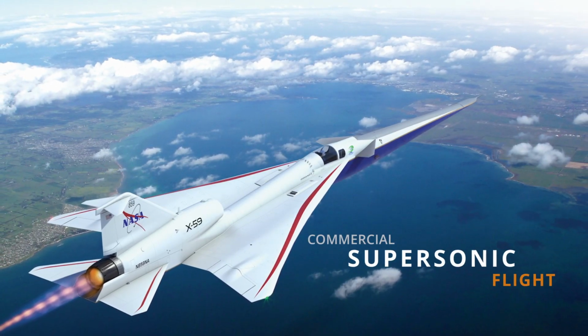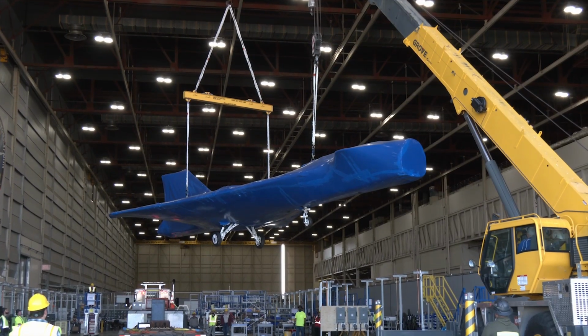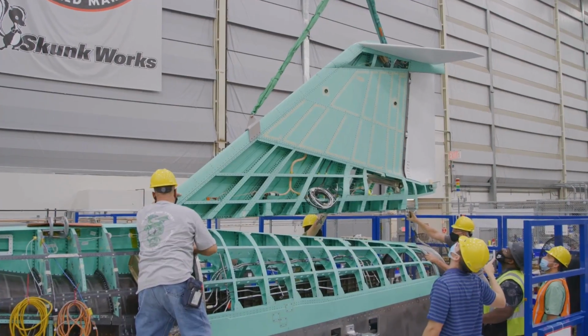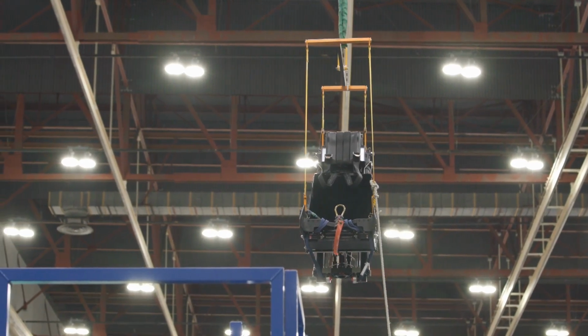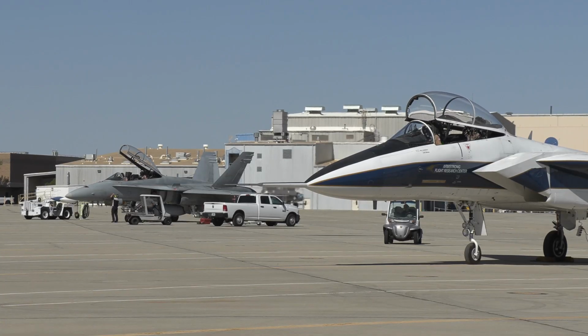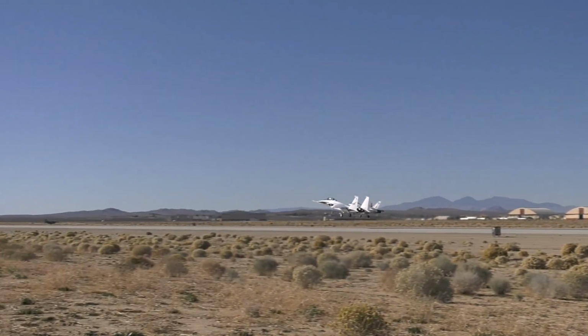NASA and Lockheed Martin teams made great progress assembling NASA's X-59 quiet supersonic experimental aircraft. The crew successfully added the tail, completed final installation of the nose, performed a system check of the ejection seat, and installed the engine. Preparations continued for future X-59 flight tests that could open the door to commercial supersonic flights